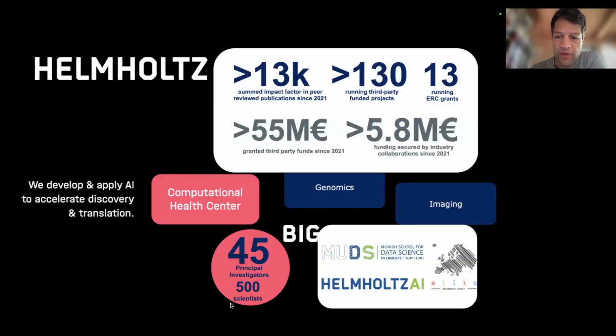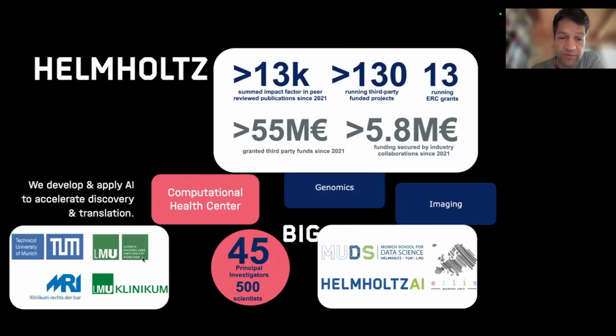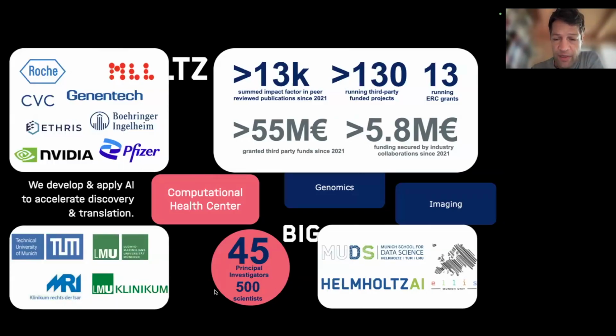This is just some numbers on what we do. We have a bunch of grad schools. This is the Alice network that I mentioned before, Yushin, Pedro. I think it's a really nice conglomerate of AI researchers, with exchange programs as well. We have a lot of clinics, pharma partners and AI partners. That's just my little overview about the place, because I think it's always interesting to see what different places are. And I'm definitely going to check out your, how do you call it, Yushin, interest groups, right? I'm going to check that out.